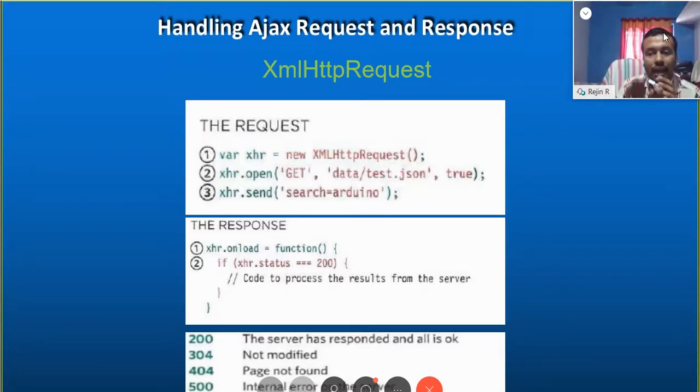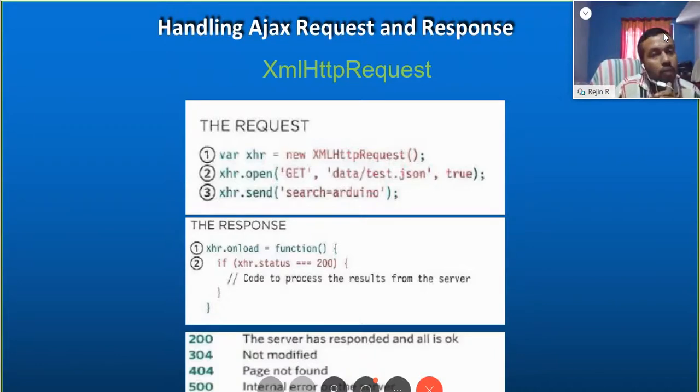So this is what happens with an XML HTTP request or AJAX request. First we need to send a request. For that we have to create a request object, then open a connection, then send. These three simple steps. Then whenever that request comes back, we can respond to it using xhr.onload equal to a function. We can specify a function there, and within that function we can check the status code, and in this code section we can do whatever we need to do. We can code what needs to happen when the data comes back.